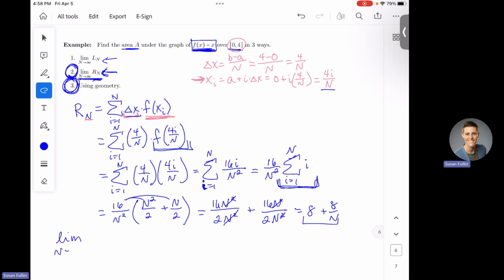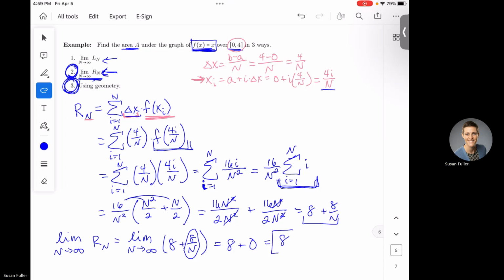So the limit as n approaches infinity of r sub n is the limit as n approaches infinity of this thing that I just found, 8 plus 8 over n. Well, as n goes to infinity, 8 is just 8. And as n goes to infinity, 8 over n goes to 0, because as I take 8 and divide by bigger and bigger numbers, that whole thing gets smaller and smaller and heads toward 0. And so what I get out of this limit is 8,